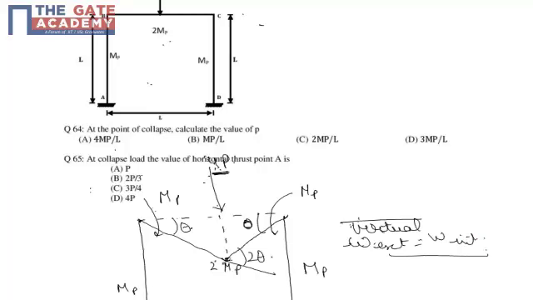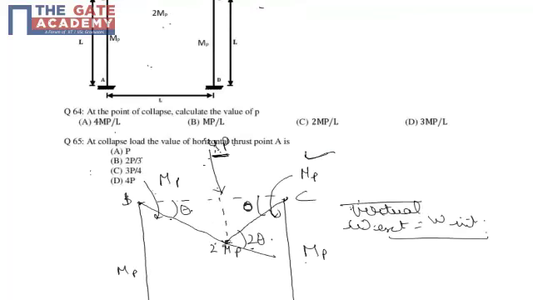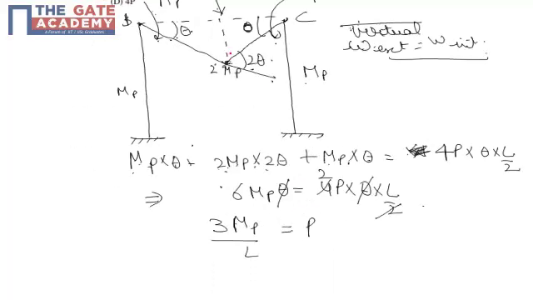For internal work we have MP into theta plus 2 MP into 2 theta plus MP into theta. Now students may be confused about why we are using MP if this member BC has moment capacity of 2 MP. Because at point C, the lesser of the two members that are intersecting will decide the moment capacity, and by simple common sense the lesser of the two values will be the ultimate load carrying capacity. So here we are measuring that load carrying capacity in terms of moments. That's why we are using MP into theta plus MP into theta plus 2 MP into 2 theta.